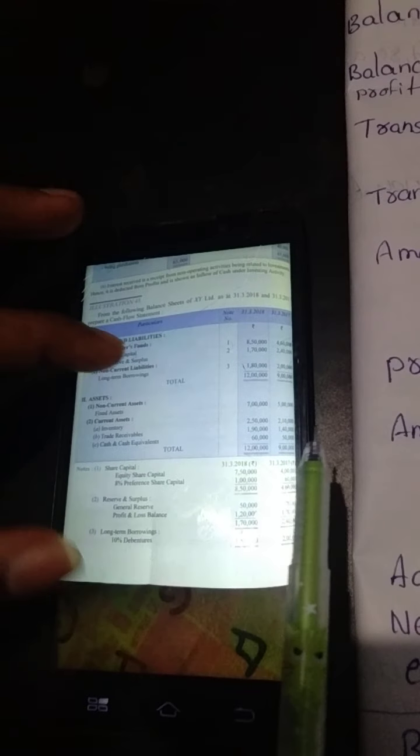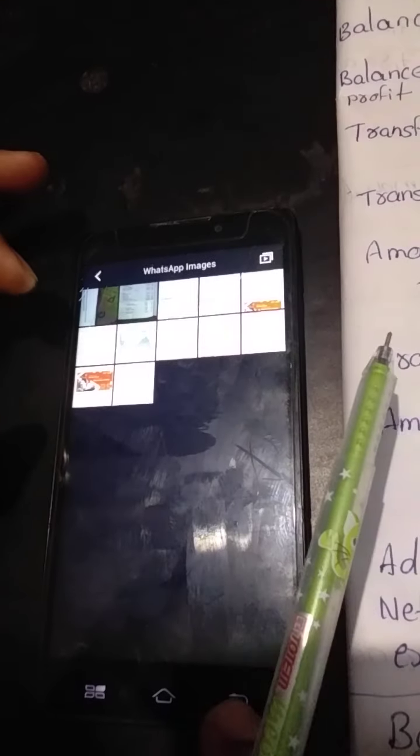And one more, additional information is given. Let us see. During the year, a machine of book value rupees 80,000 was sold for 50,000. The second adjustment is saying that interim dividend paid on equity share capital is rupees 80,000. Two pieces of additional information are given. So let us come back to the question.